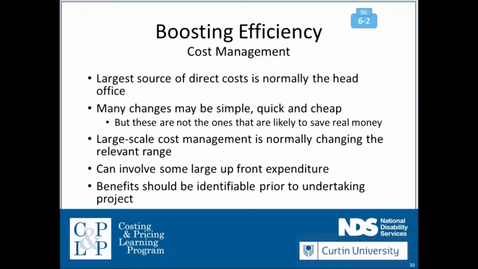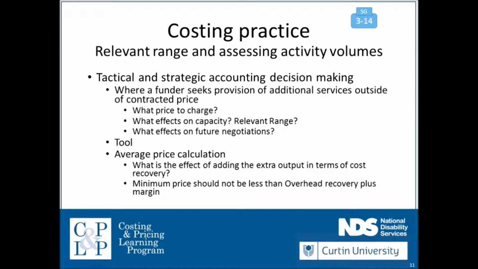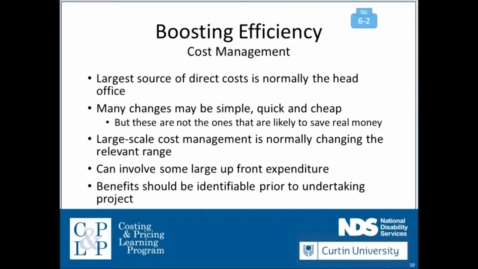Increasing your activity levels within your relevant range, that is within the range of activity levels that means you don't need to increase your overhead costs, means that you're able to leverage those costs much better and to reduce the per unit cost for your target price gap. Many changes can be simple, quick and cheap, but a lot of changes also take quite a bit of money, and therefore being able to undertake large-scale cost management normally requires understanding of the relevant range, and I'll get to that in a second,